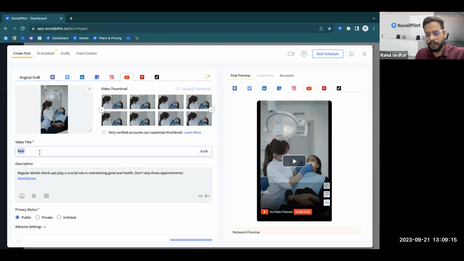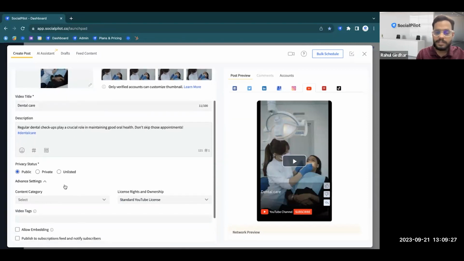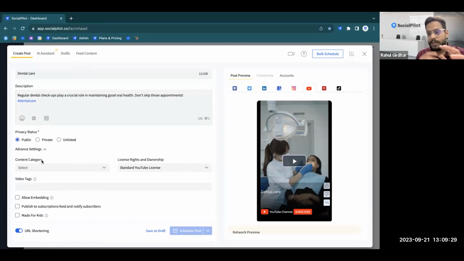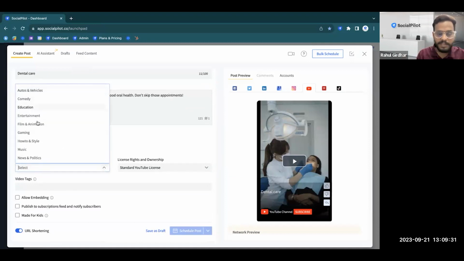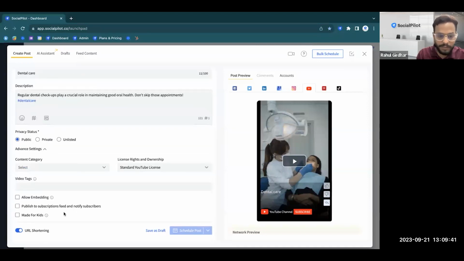The video title again will be fetched based on the title of the video which you have stored within your device. And you can also change it from here. The description will basically be the caption. I can change the privacy settings and also some advanced settings over here. Select a content category, which will help my users to easily discover the content when they're viewing the similar type of shorts or videos. I can select the licensing and rights from here as well, and then add the video